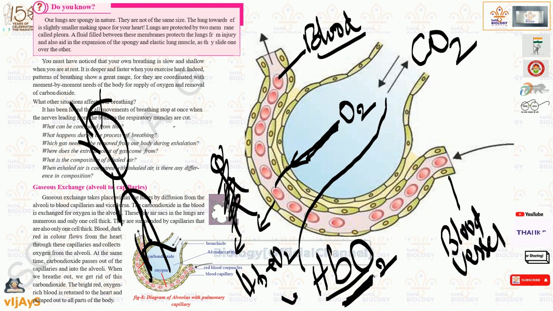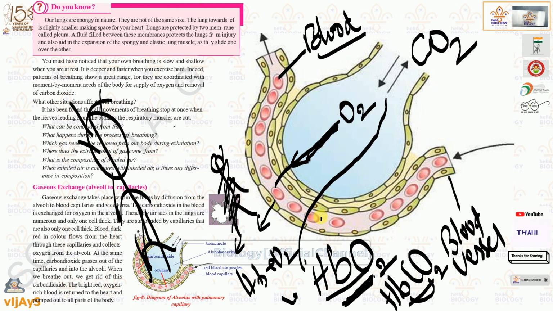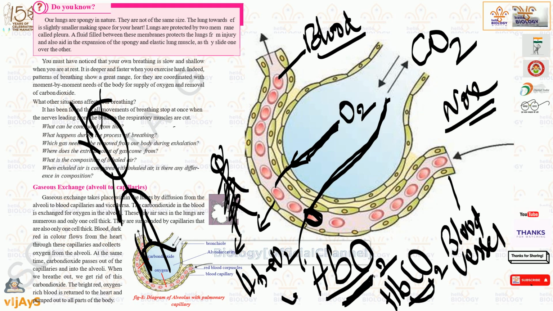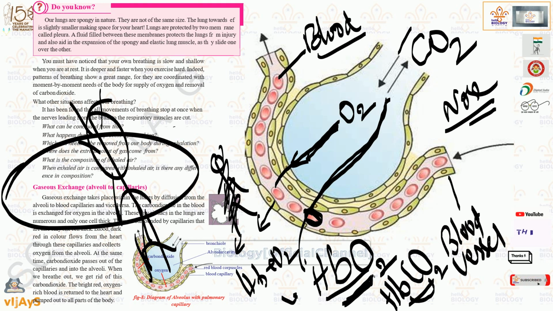And while moving outside, that means during exhalation, the second process of respiration called expiration or exhalation, at that time the same hemoglobin forms a carbon dioxide compound with hemoglobin. So carboxyhemoglobin: here oxyhemoglobin, here carboxyhemoglobin. So carboxyhemoglobin will be mixed here again, then it brings that, and then it sends outside the nose. It comes outside the lungs and then outside the nose. So gaseous exchange is happening. This topic is called gaseous exchange at alveolar level in the capillaries.